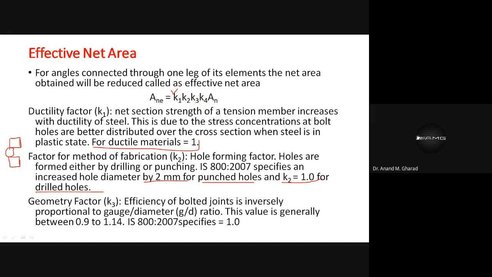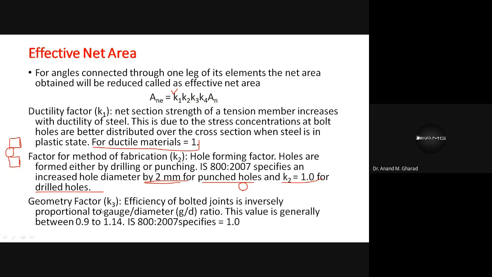This has been already introduced. Okay? So most of the time you will see that the hole diameter is almost 2 mm additional. So the clearance, as mentioned in your IS 800, is about 2 mm. But for punch holes, you will see this K2 factor is 1. Okay? Then